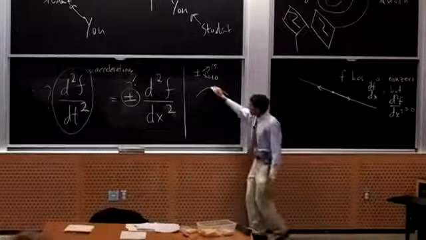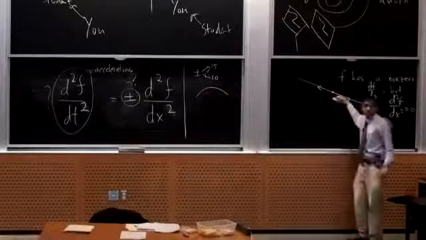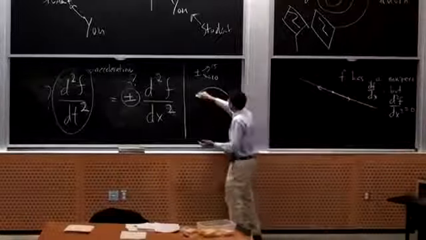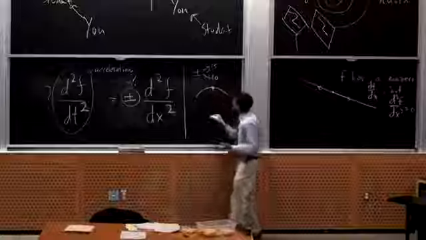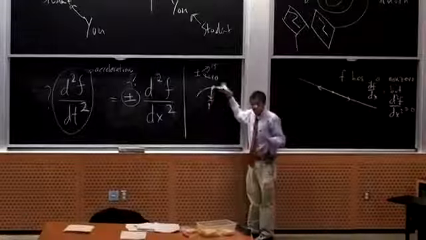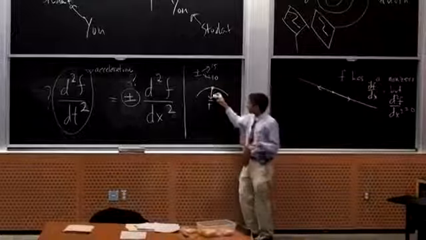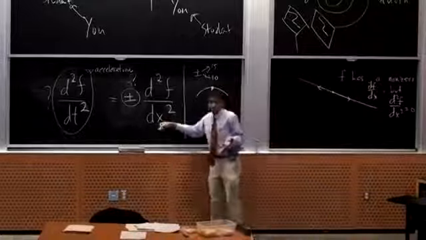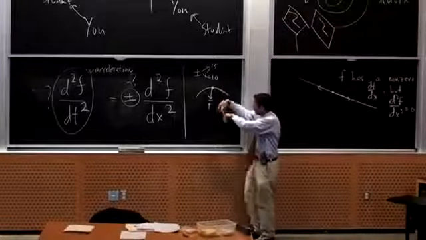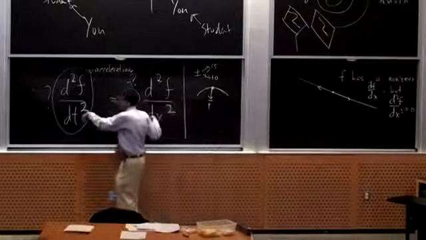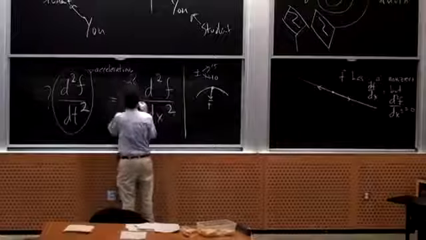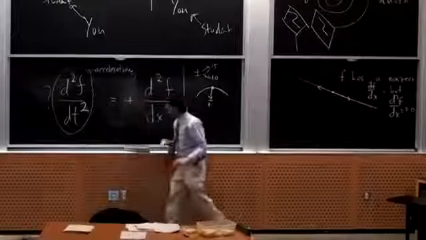Okay, so let's use an arc like this. We can't use this one because it's 0, and 0 doesn't have a sign, so it doesn't help us. So the next most complicated thing is an arc like that. Here's my point. The force is downwards, or the acceleration is downwards. So we should have negative acceleration. And what's the second derivative with respect to position here? That's also downwards, because the arc is like that. So the space derivative and the acceleration have the same direction. So it should be plus. Okay, so we got the sign right.